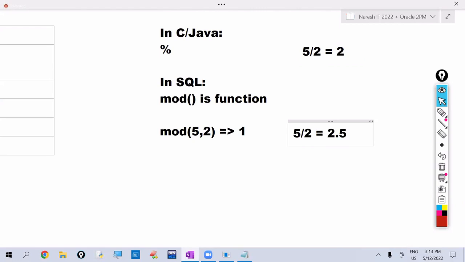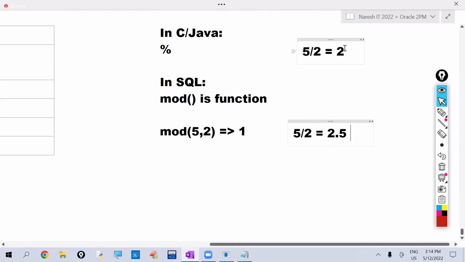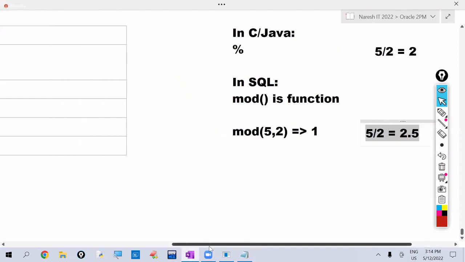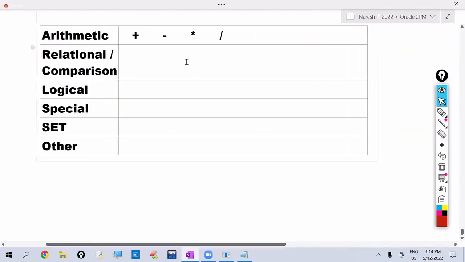Remember this: division always gives the accurate value. And no modulus operator is available, but a MOD function is available. Next, the relational operators are less than,